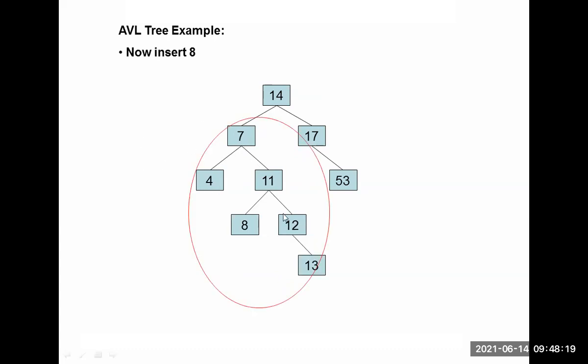Just remember what you have to do here. 11 has one child on the left. After performing this, after rotating, this comes here and 7 left. So 11 left is 7 and 7 left is 4. See here, don't get confused. You also remember this point after performing this rotation. 11 comes here, 11 left is 7 and 11 right is 12. So 12 right is 13 and 7 left is 4.